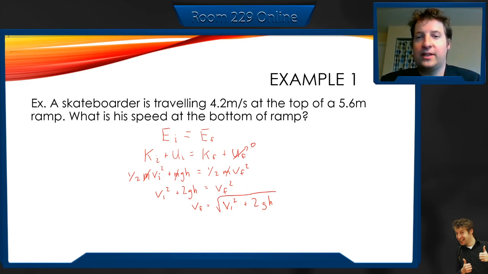Okay, and look at that equation. Does that not look familiar? Remember, if we look back at our kinematics equations, way back, we have this equation that v2 squared is equal to v1 squared plus 2a delta d. And look at this, v2 squared is equal to v1 squared plus 2g, the acceleration, and its displacement, which we called it h, height. Exact same expression, but instead of coming at it from a kinematic point of view, we started off at a completely different